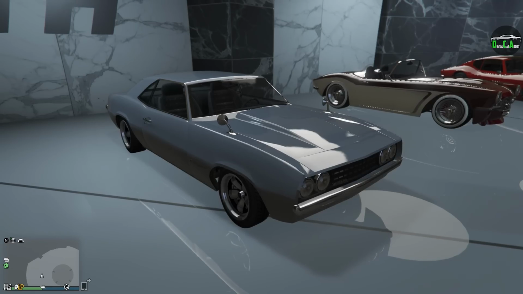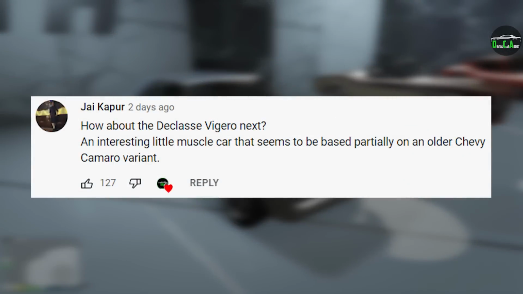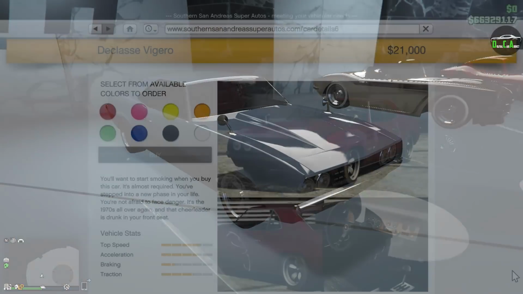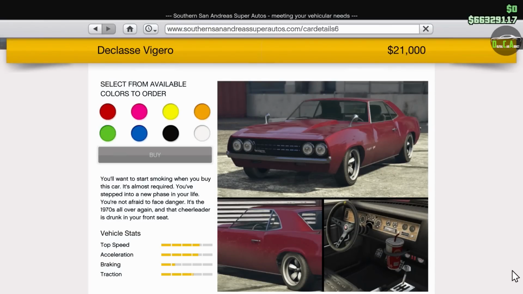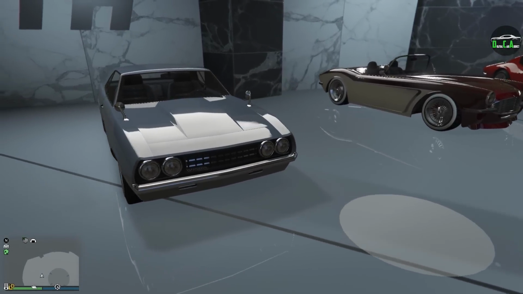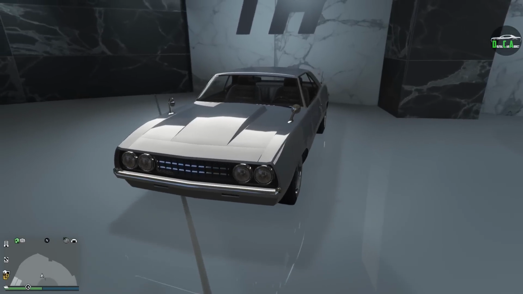So in today's video, we're going to be customizing the Declasse Vigero. This car is an OG vehicle that's been in the game since day one, and can be purchased from a Summer San Andreas website for only $21,000, or of course you can get it off the street for free. And yes, this car does actually have some decent customization options like we're used to seeing from other OG muscle